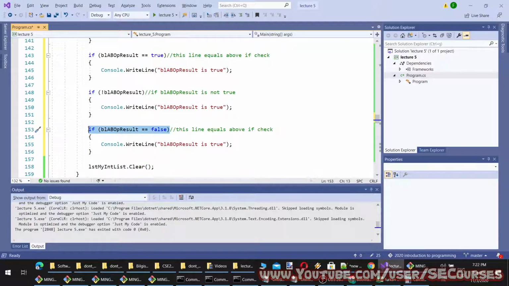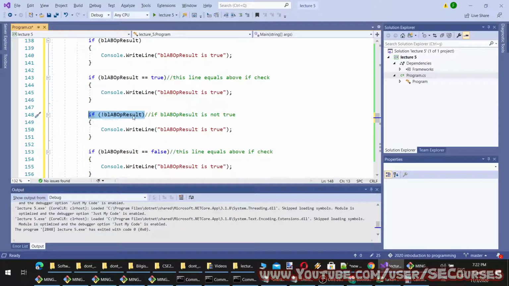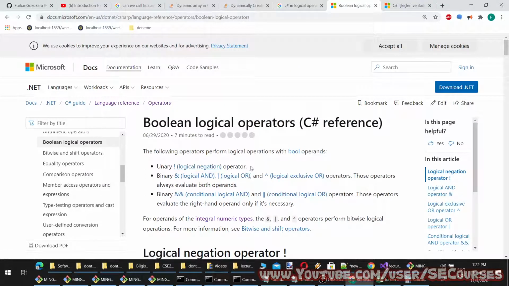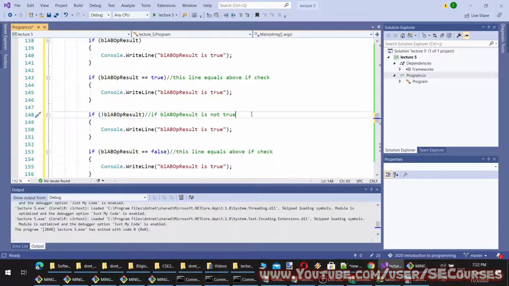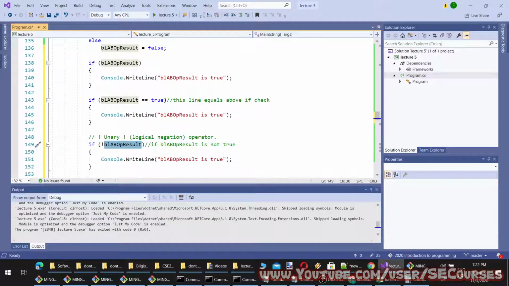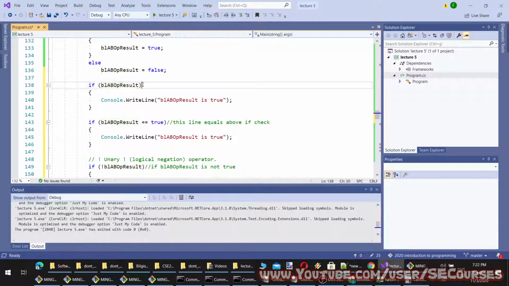This means if our variable is false, and this also means if our variable is false, because this is called, I think, the unary logical negation operator. Okay. So this makes it the reverse. If it is true, it means if it is false, or if it is false, it means if it is true. So also this means if the boolean variable is true, and this is also the same, if the boolean variable is true.